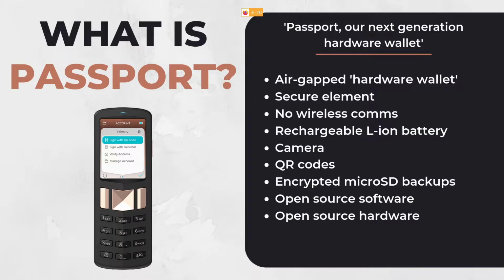for a device that's potentially storing your life savings. So as I touched on, Passport's got zero wireless comms, no Bluetooth, no NFC, nothing like that that would expose any secrets to potential attackers. Passport operates with a rechargeable lithium-ion battery, so you don't need to have it permanently plugged in all the time. You can charge it up once and it's going to last for hours and hours and hours, so you don't need to worry about fumbling for a charge cable every time